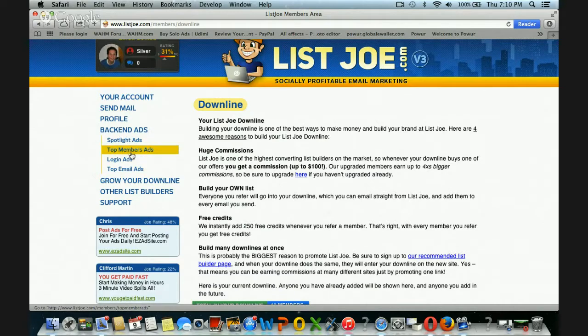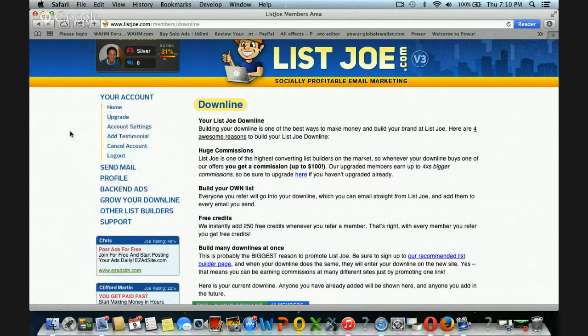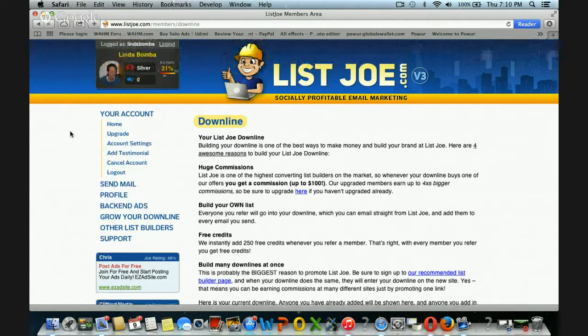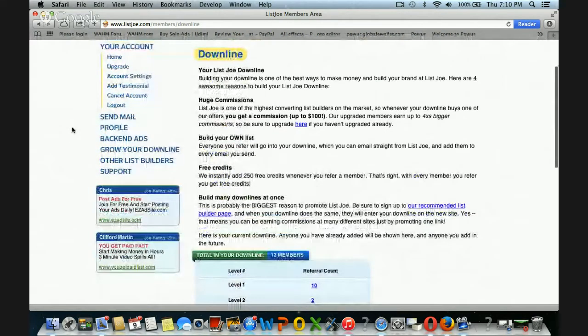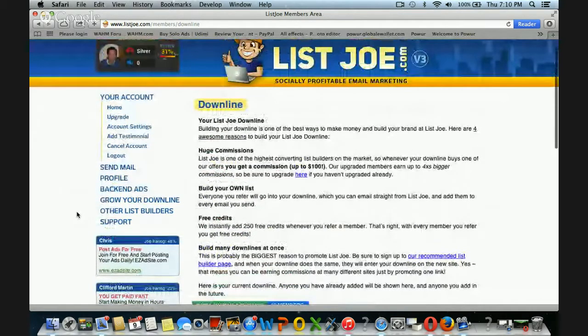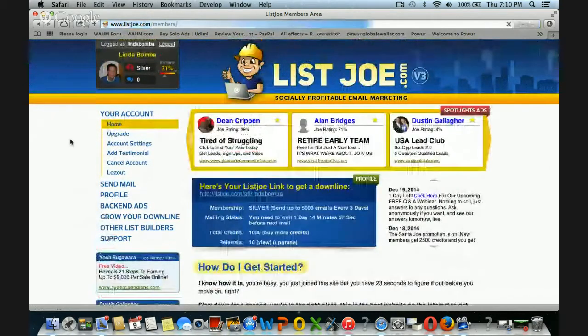When you log into the account, they have ads up that you can see over here. When you have a gold account, your ads go up here, and they pick what they want. And they also do some solo ads if you want to do that.